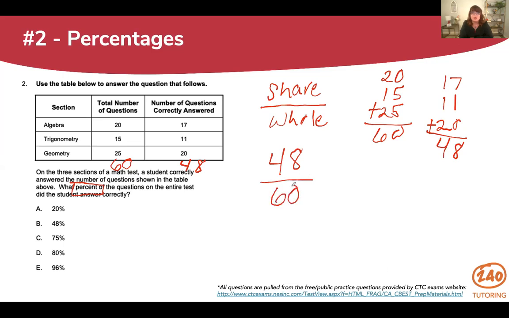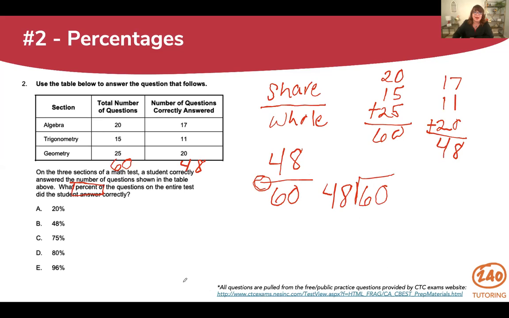is 60. Now, in a ratio or in a fraction, this line stands for division. So now we just set up a division problem. And some of you are thinking, oh my goodness, I need a calculator. You don't, you're okay, I promise. So set this up as 60 divided by, or actually, I